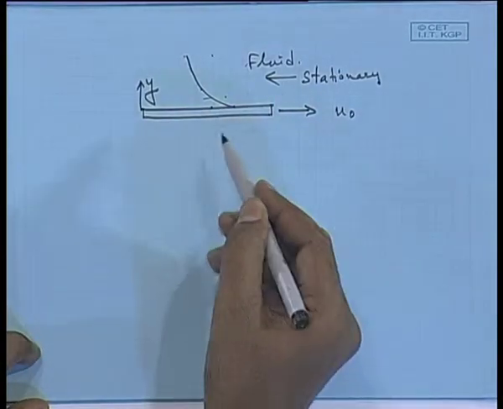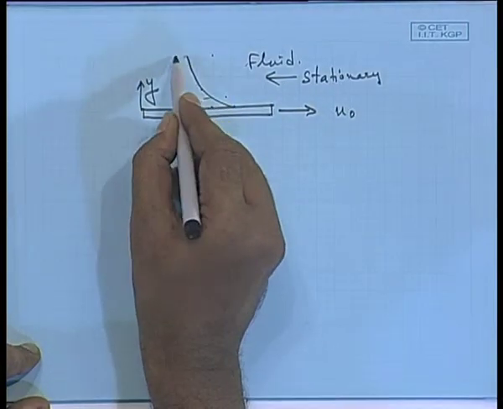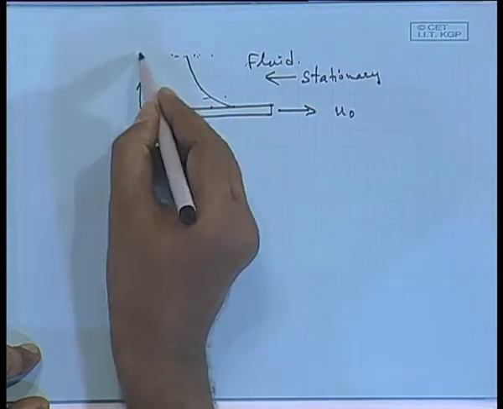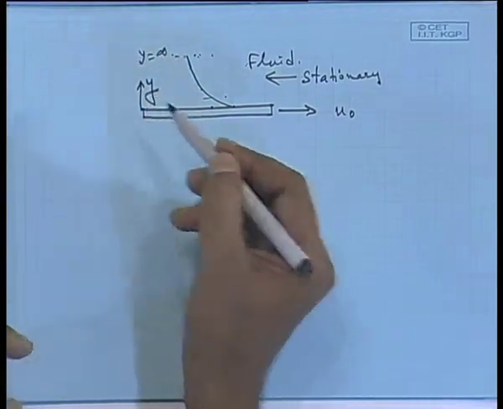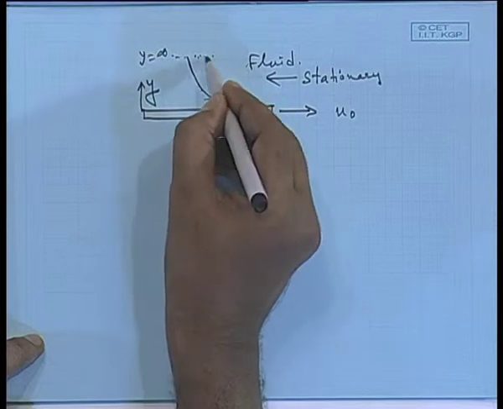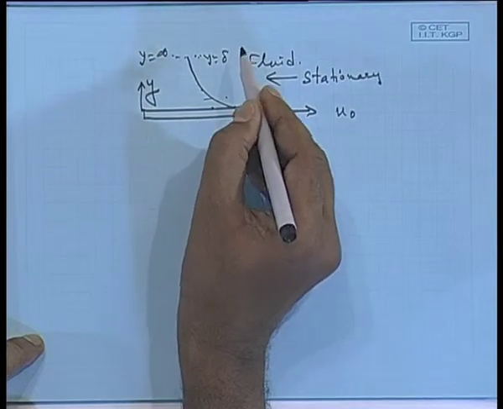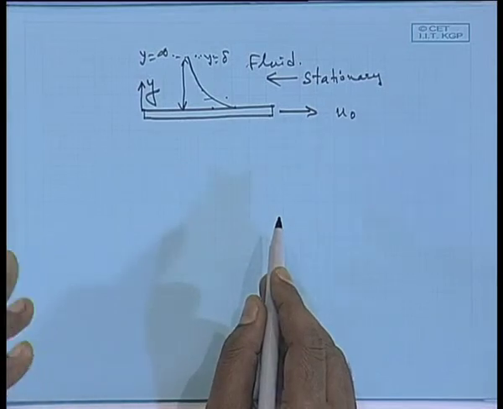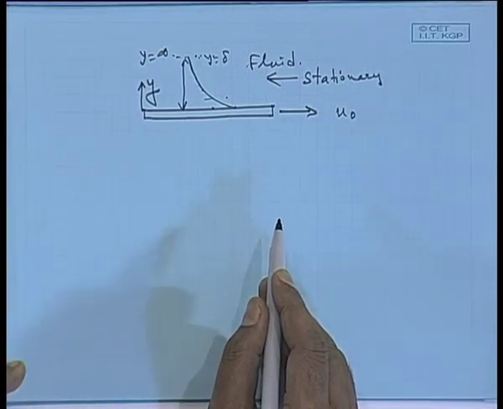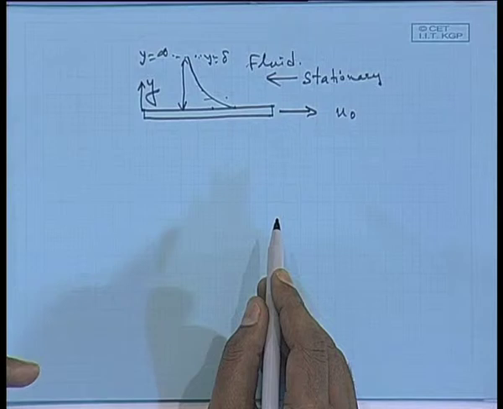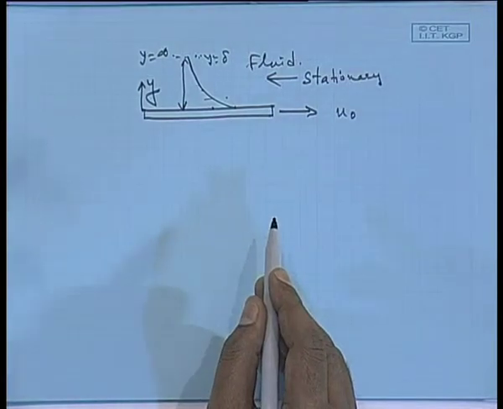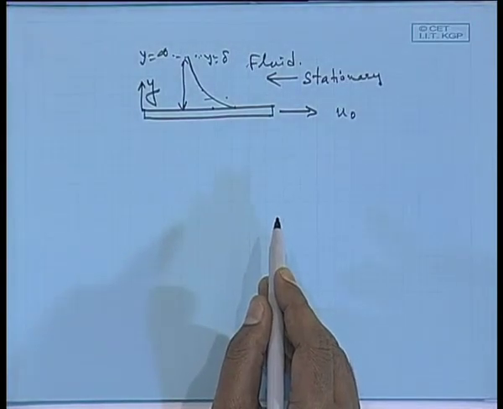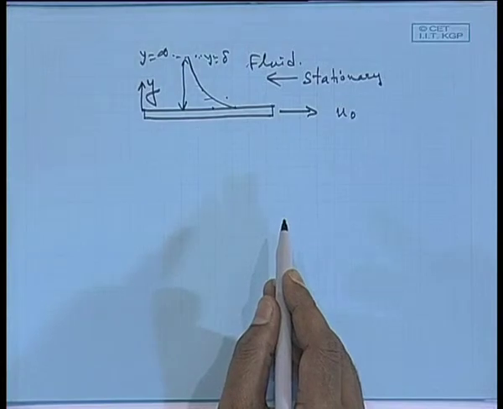So, this type of scenario, you can consider this boundary condition as infinity, you can consider this boundary condition as delta. Delta is basically this thickness, a region where the velocity profile exists. Beyond delta, the velocity profile does not exist, because velocity is uniform there. Uniform means it was stationary, u is equal to 0.